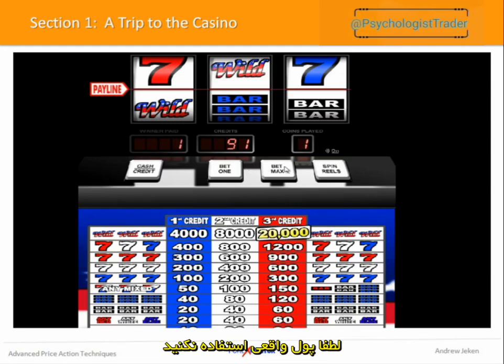Please don't go and use real money. We need to have an edge in our favor. The casinos have an edge in their favor. So just a very good exercise to work on random outcomes. You can also use a coin flip. Okay, it gives you the same feel, but I do feel this is slightly better because it's electronic.